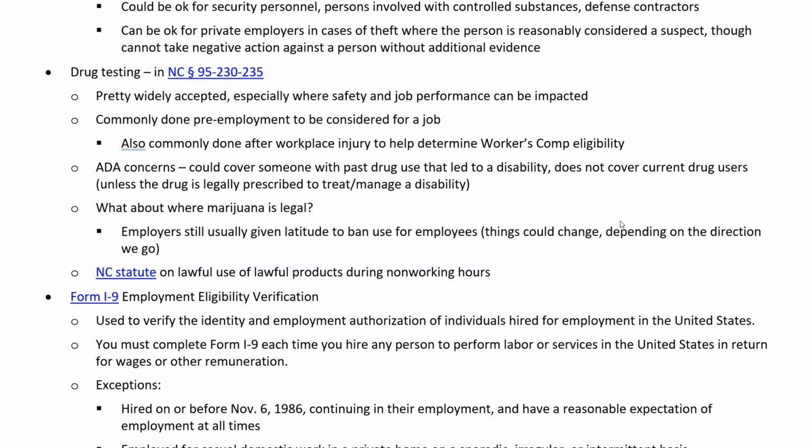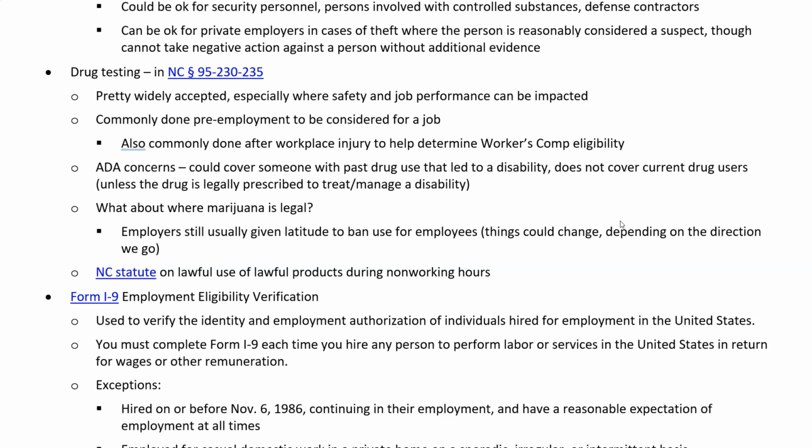this kind of thing can disqualify you. It's also commonly done after a workplace injury to help determine whether or not we're going to be liable for workers' comp as a company. So the company's going to want to try to cover themselves if somebody gets hurt on the job. And so it's very common if somebody is injured on the job, we do a drug test immediately. And if they're intoxicated, then I as a company can escape a lot of liability if the intoxication is the cause of the injury, or can convince a court that the intoxication was the cause